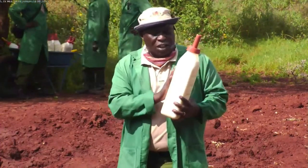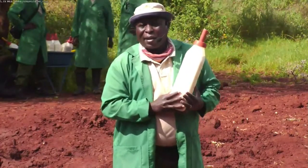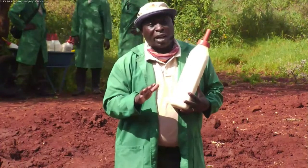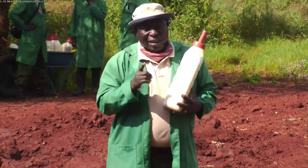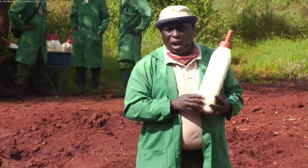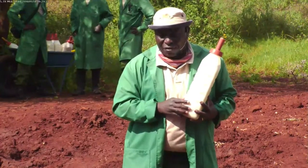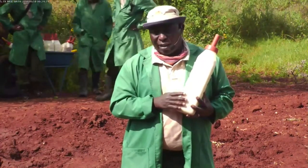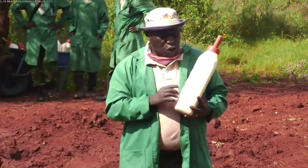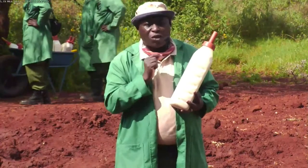So this is what we feed them. It is not elephant's milk, and this is because you cannot milk a wild elephant and get the real milk. Nobody has done that. At the same time, we cannot feed them on cow's milk, since cow's milk has lots of fats, and elephants are poor in fat digestion. So if you feed them on cow's milk, they will have diarrhea to death. And so we feed them on a human baby formula whose fats have been emulsified to make it easier for